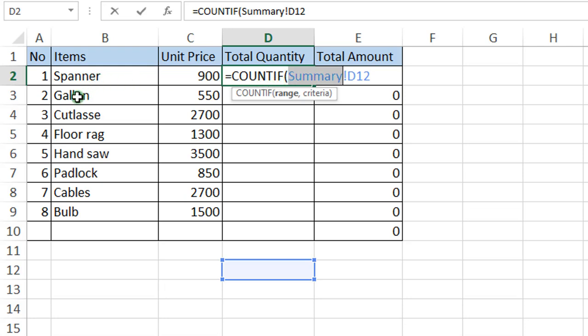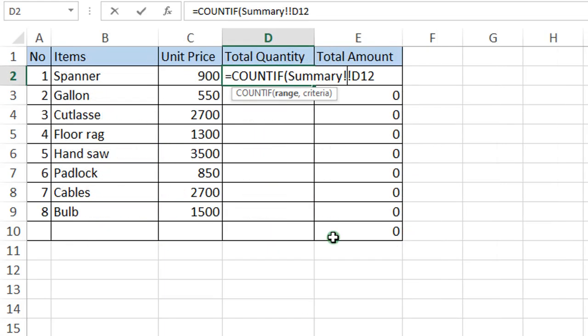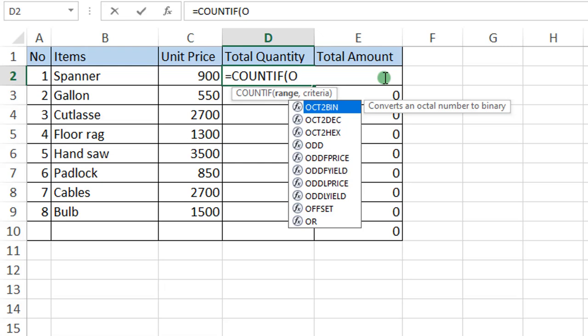So that when we are going to move to the second line, it's going to verify in the same range now if B3 is present, meaning gallon, and display the numbers. After that, when we are going to move to the next line, it's going to verify the number of times cutlass appears in the range we are going to precise. So now remember that to precise the range, seeing the range is coming from another sheet, I'm going to say you precise the sheet,